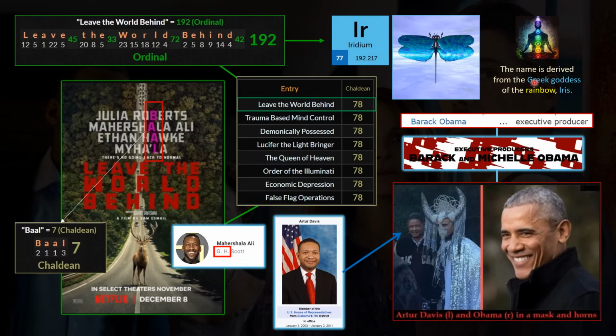The name is derived from the Greek goddess of the rainbow, Iris. And if you see Iris there, that's Siri in reverse, if we're wondering where Apple got its name for its artificial intelligence system. And the rainbow is a reference to us. We are the rainbow. There's our chakra system there, red to violet, and we are the upside down rainbow in a metaphorical sense. So we'll see that if you see any Skittles commercials where it says "Eat the rainbow," it's a reference to us. So